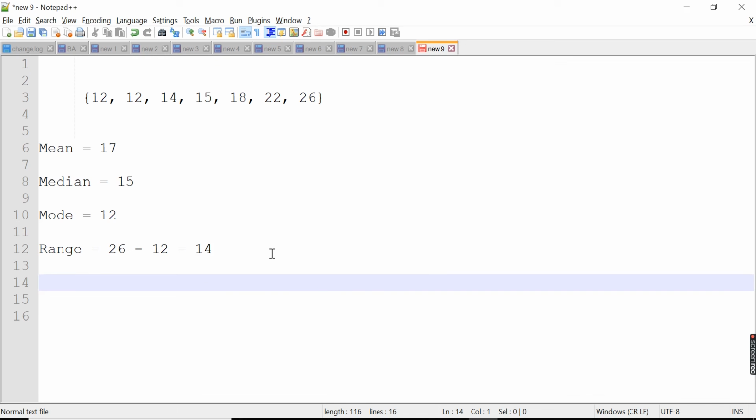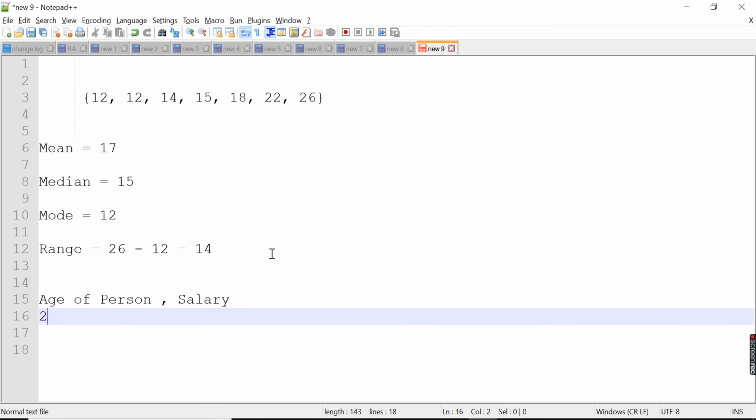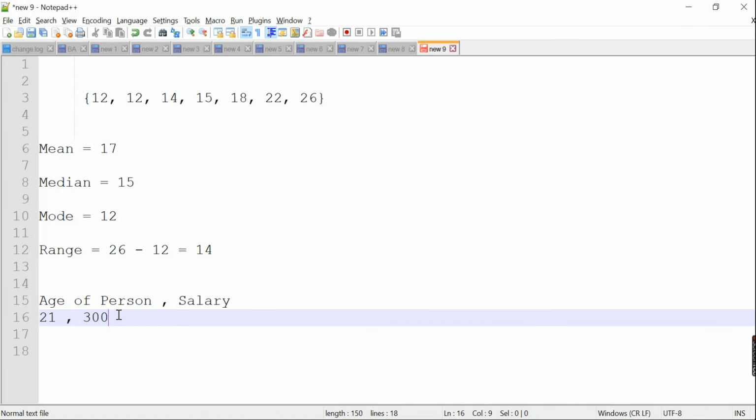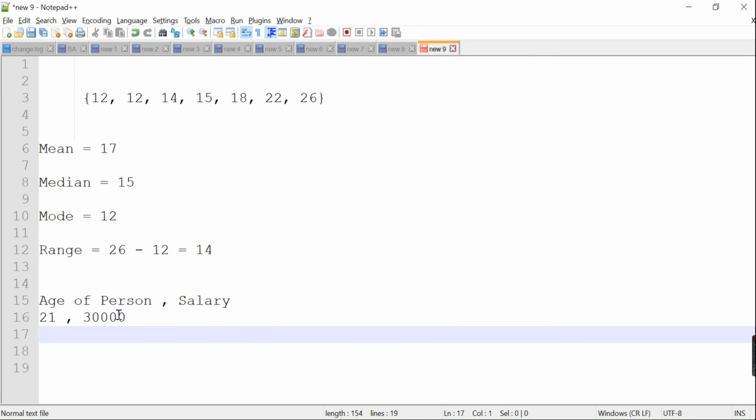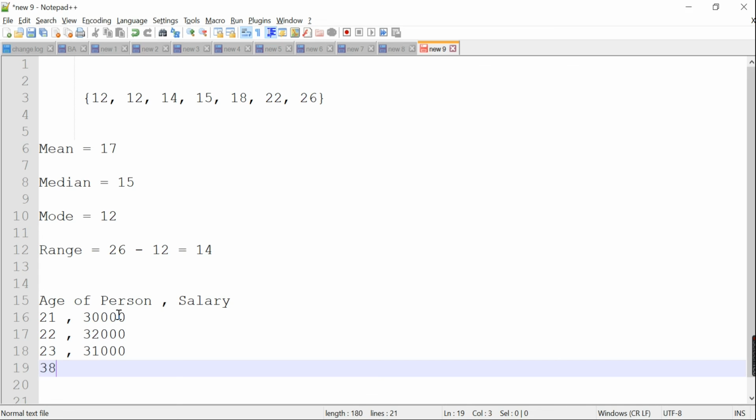So what do we do in machine learning? We take the data, along with the different variables. Let's say we take the data of age of a person, and that is one column, and the second column is salary. So let's say you have age as 21 and salary as $30,000, and second is age as 22, $32,000. Say 23 has $31,000, and 28 has